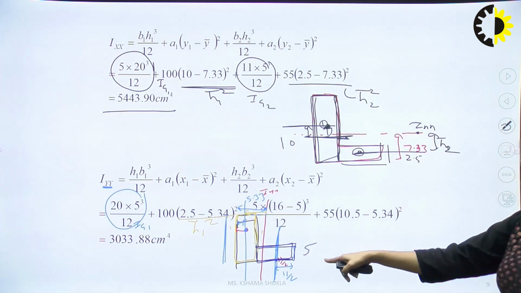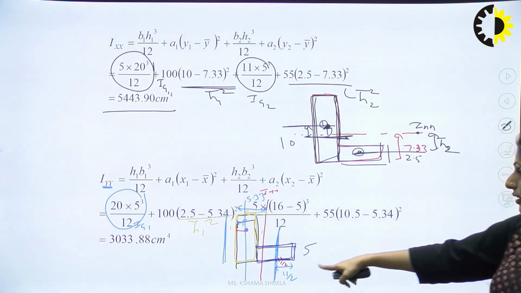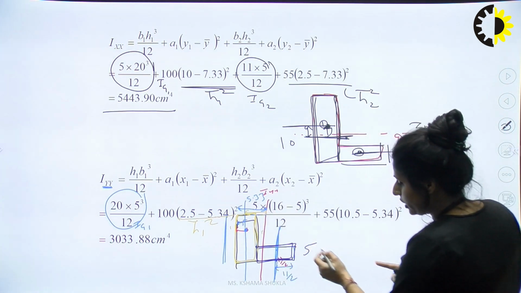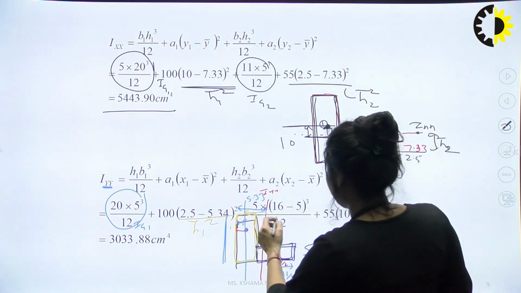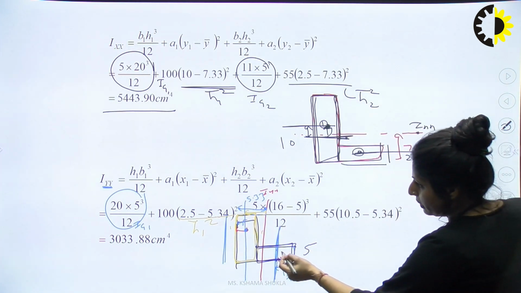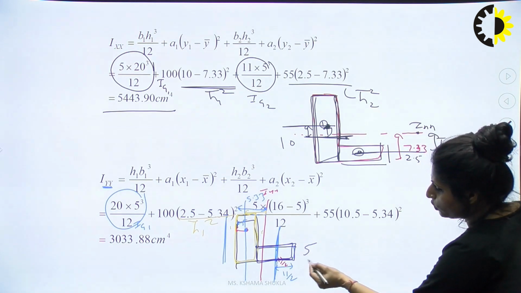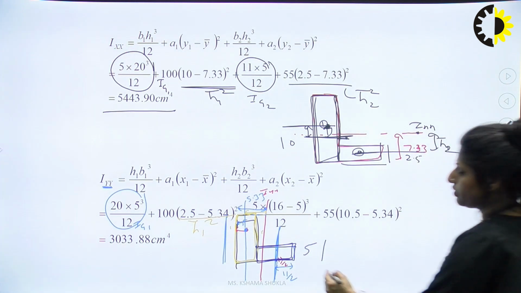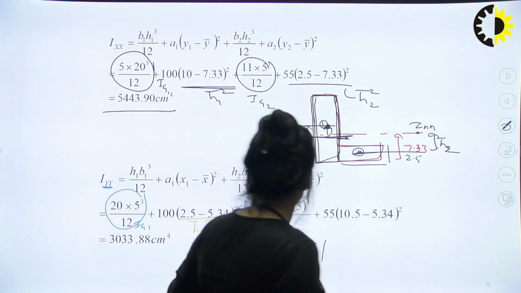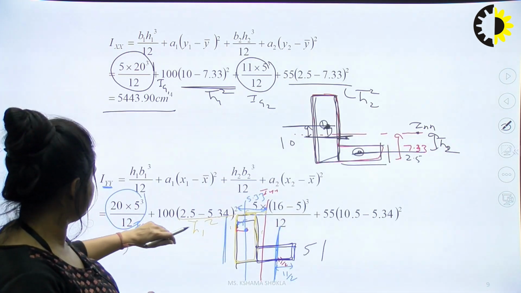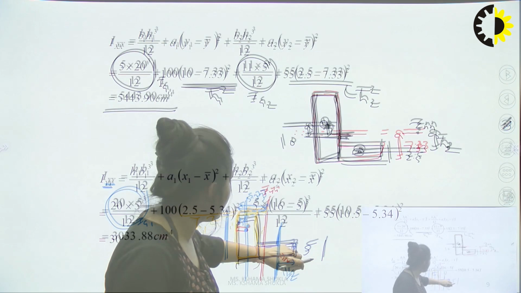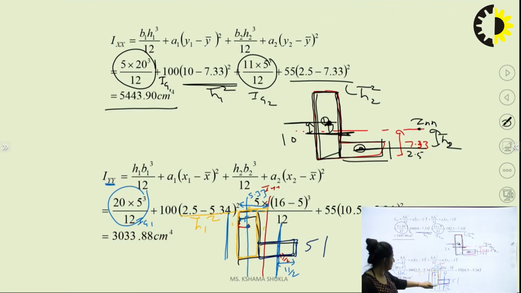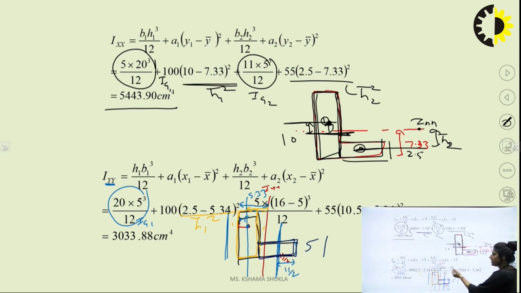So our B1 is 5 now and 11 is the D. So what is the value of 5 into 11? 16 minus 5 is 11, this value is 11. So 5 into 11 cube by 12 plus A2, which is 5 into 11, 55. Now H2 bar